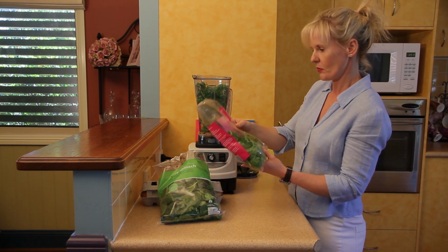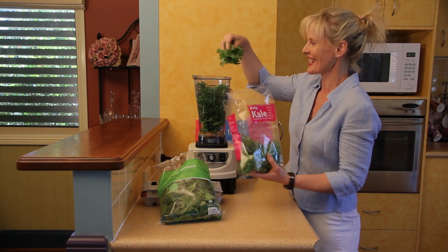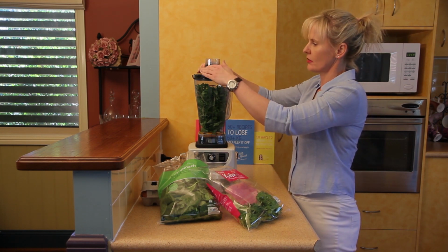So I've got, how much is in the bag? 120 kilos, 120 grams. 120 kilos would be quite a lot. So I've got probably about 100 grams in there. All right, now I'll pop the lid on, Froothie,